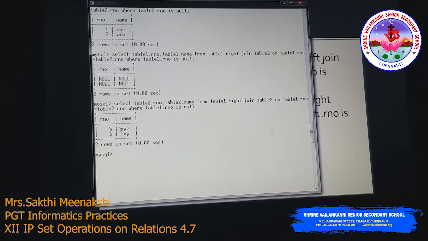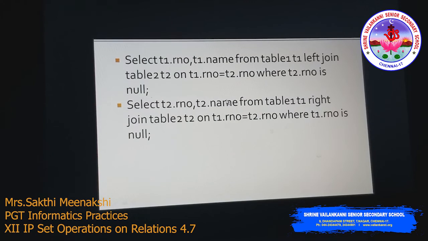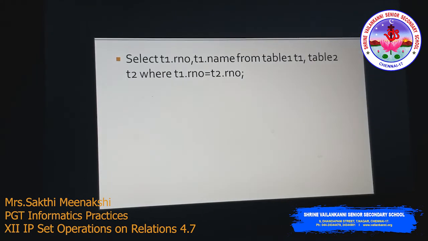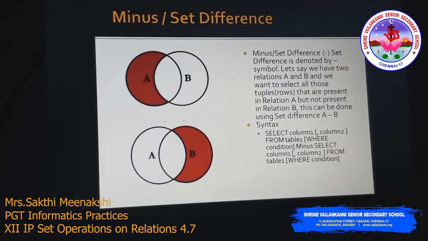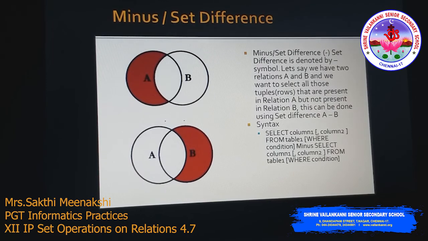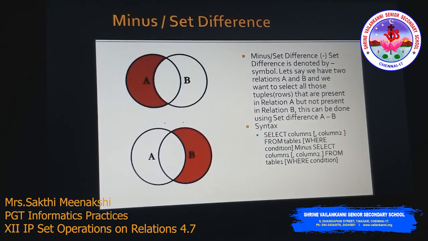This is what is achieved here using the right outer join, checking one more null condition. Since minus and intersect are not supported by MySQL, we can achieve this using joins. Intersect we can achieve with equi-join, and set minus we can achieve with right and left join. So that's all about today's class. Thank you.